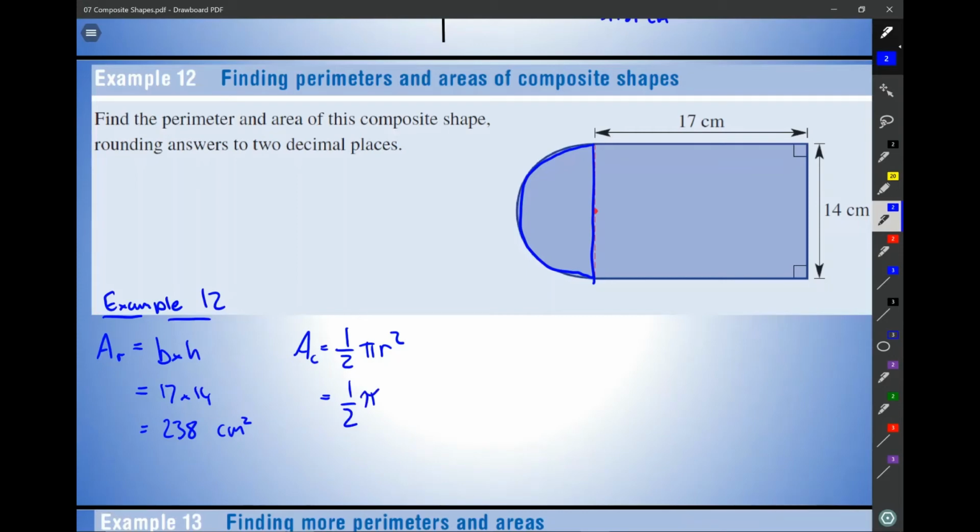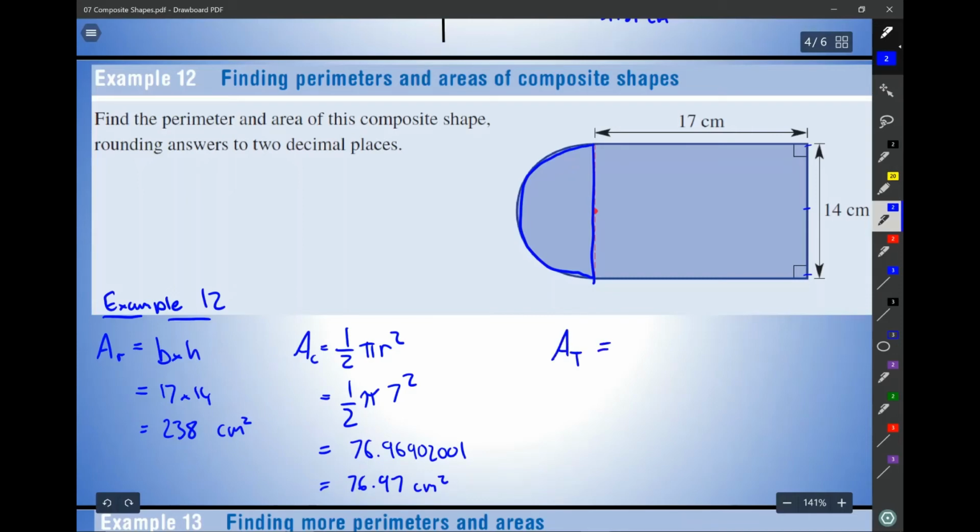Now, if our diameter is 14, that means our radius is half of that, which is 7. Pop this in the calculator, and we end up with 76. We'll round that off to 2 decimal places, 76.97 centimeters squared. So now our total area comes to area of the rectangle plus area of the circle,